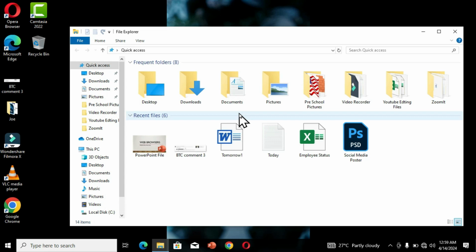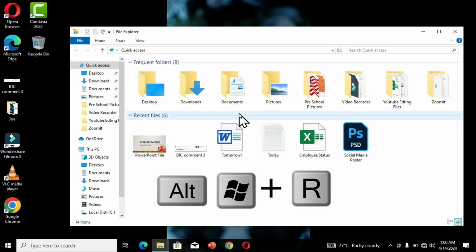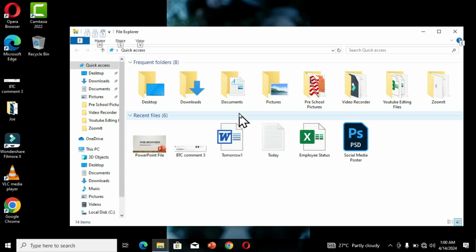Now on your Windows interface, you have free software that allows you to capture screenshots and also make screen recordings or capture your screen, and this comes along with your Windows operating system, and it is free. And let me show you how this is done. I have this File Explorer window open. When I hold the Windows key and the Alt key, and press the letter R on the keyboard,